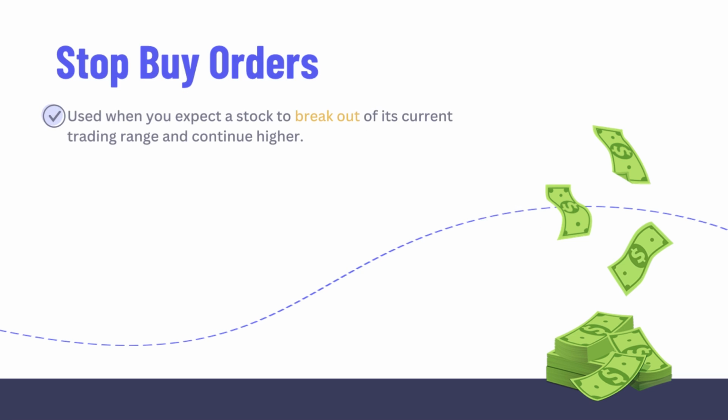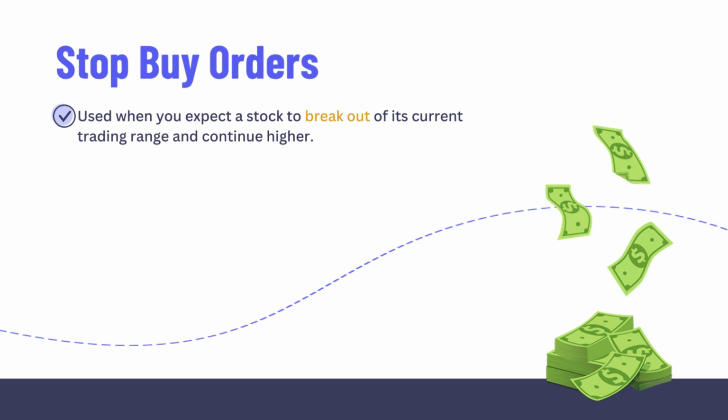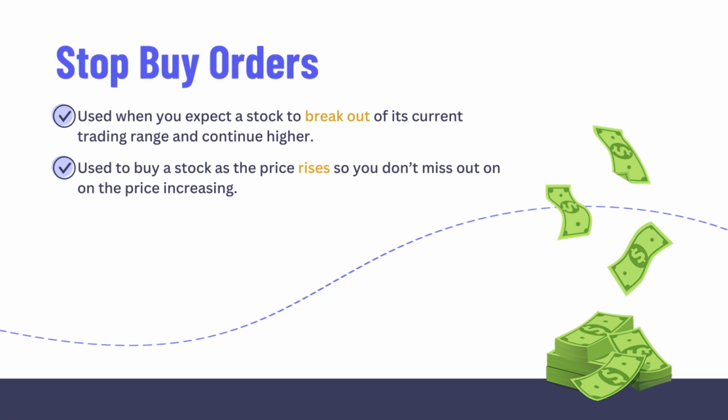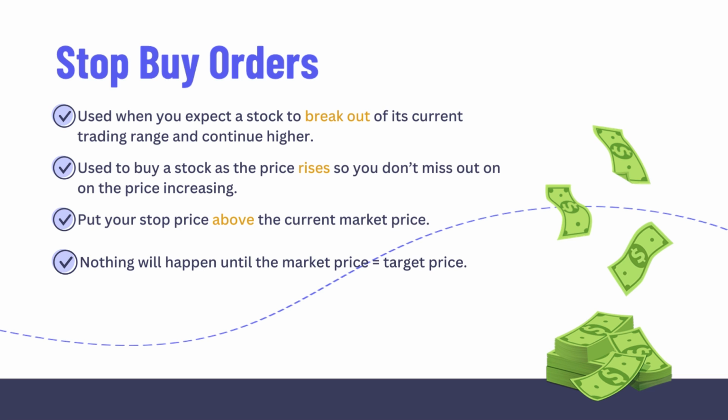You typically place a stop buy order when you're expecting a stock to break out of its current trading range and continue higher. For a stop buy order, you want to buy a stock as soon as the price starts to go up because you don't want to miss out on the stock's increase in price. This means you put your stop price above the current market price. Nothing will happen until the market price hits your stop buy price. When it does, your order will immediately execute as a market order, so you don't miss out on any future